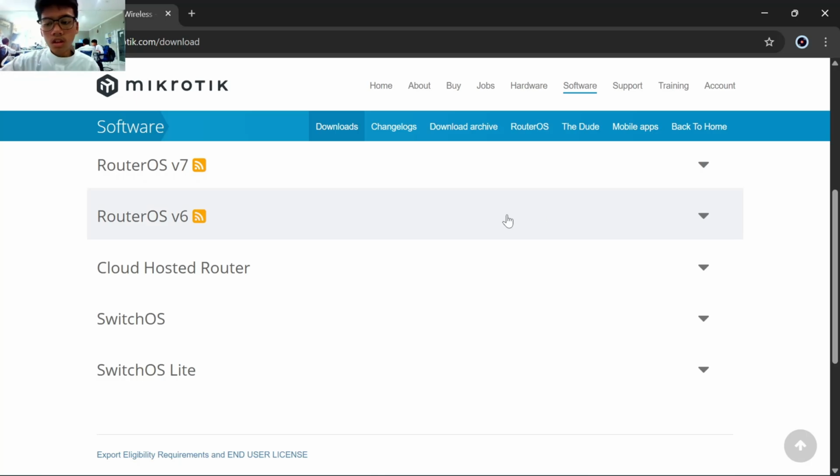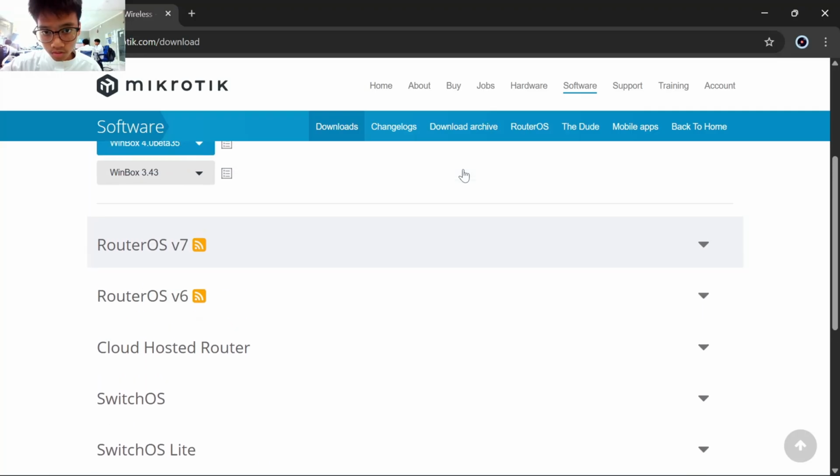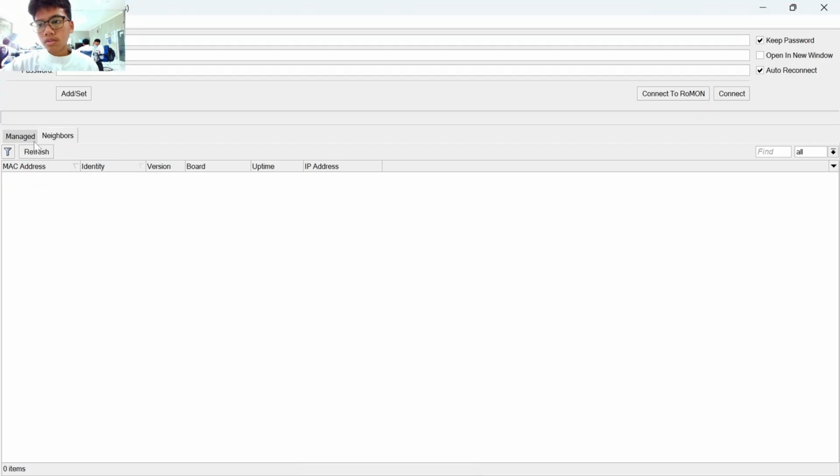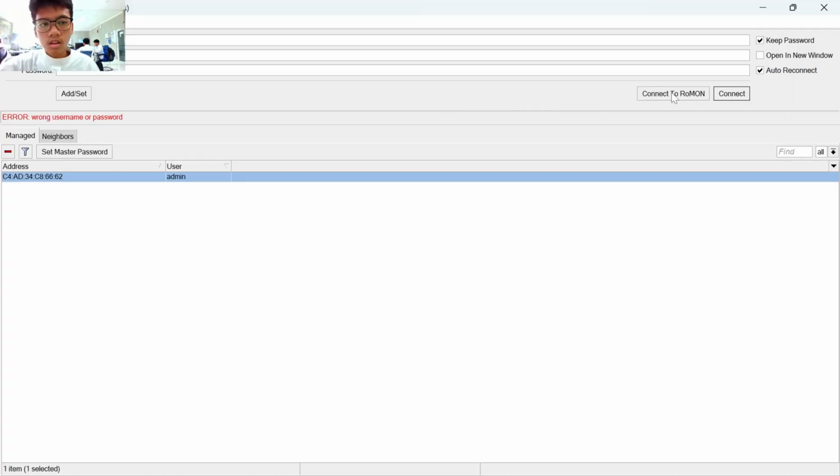Okay, after we download Winbox, we can open it. Click it. Firstly, you can see there is the MAC address option. That means the address of our router board. After that, you double click, and if you are accessing Winbox for the first time, just leave the password blank.